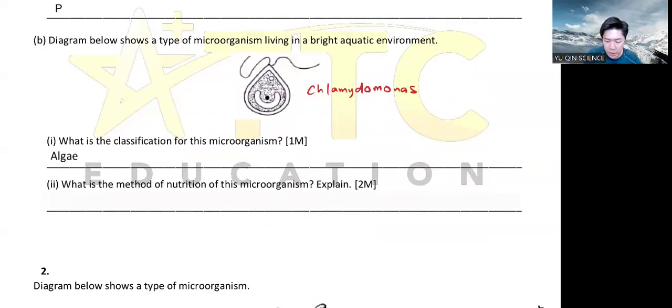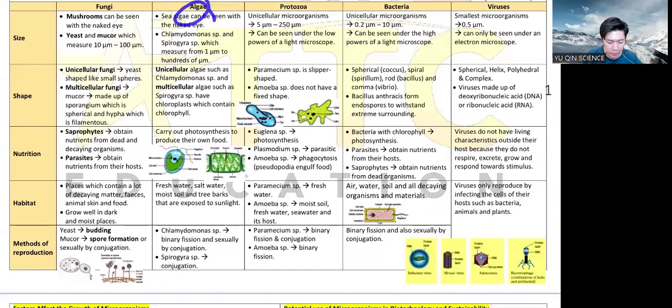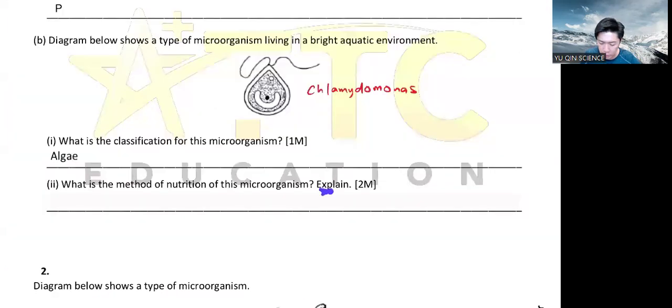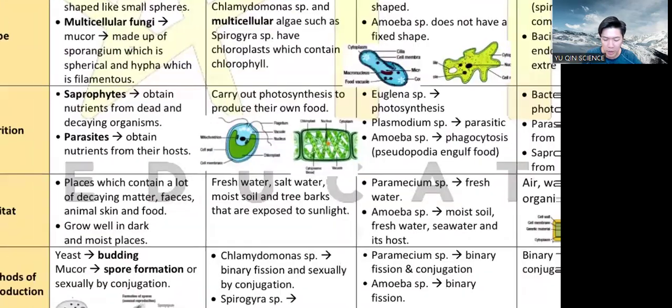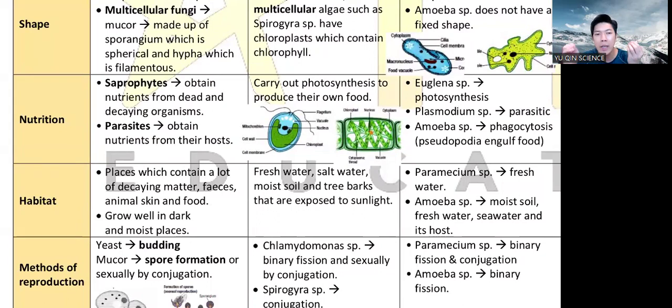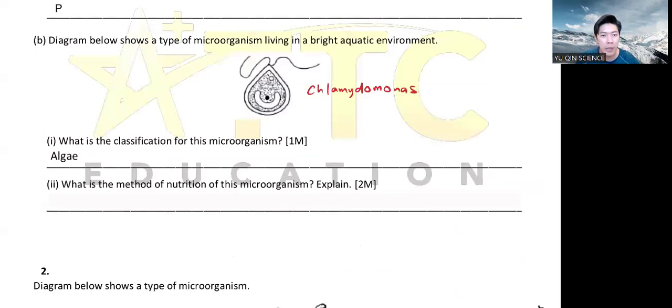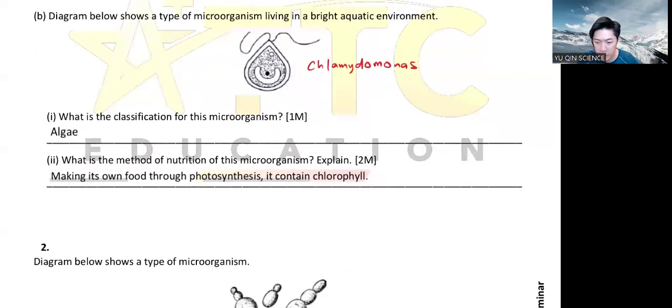Okay, what is the method of nutrition? Very simple, algae definitely photosynthesis. But wait, 2 marks. Why? Explain. Why photosynthesis? Everything that photosynthesises must contain the green colored part that absorbs sunlight. You'll recall that, it's called chloroplast or chlorophyll. So 2 marks, everybody. First mark, you say through photosynthesis. Second mark, you mention because they have chlorophyll. The main point is what matters, however you form the sentence is different. So at least you have the main points, okay?